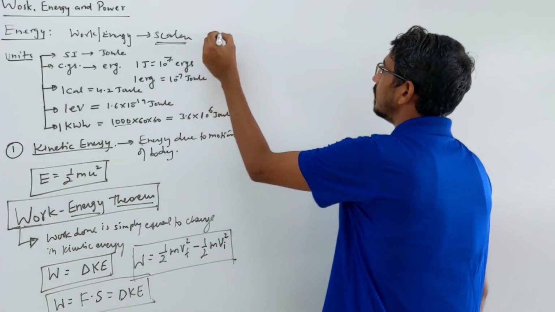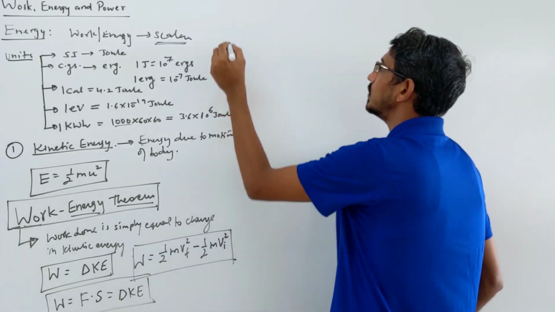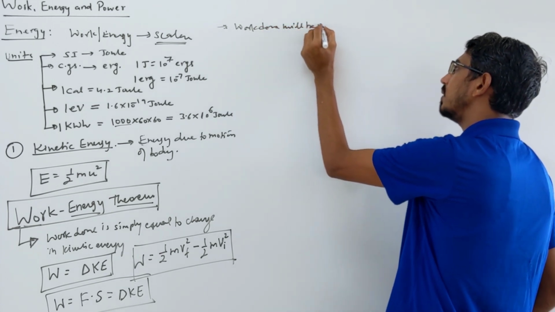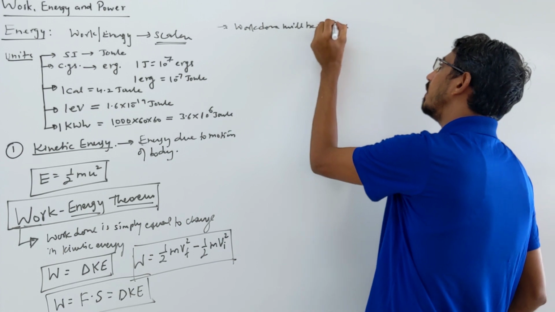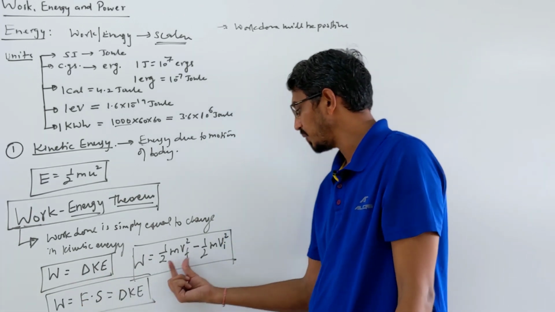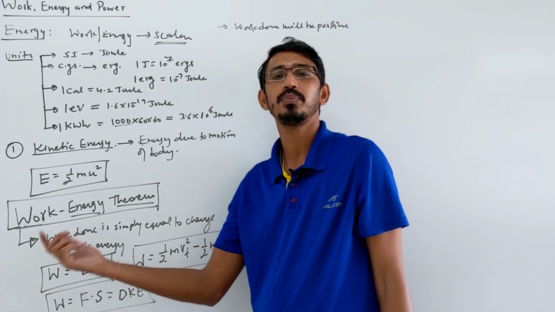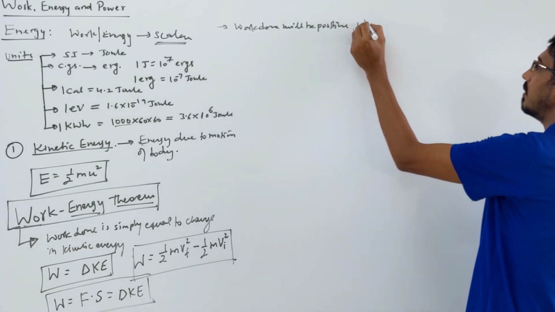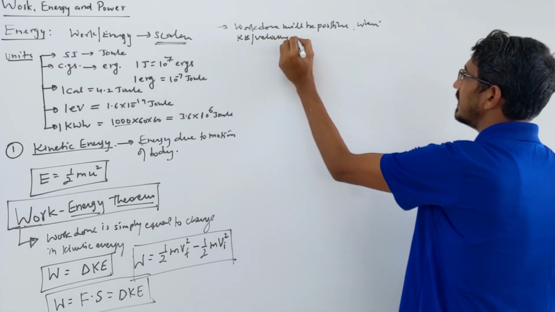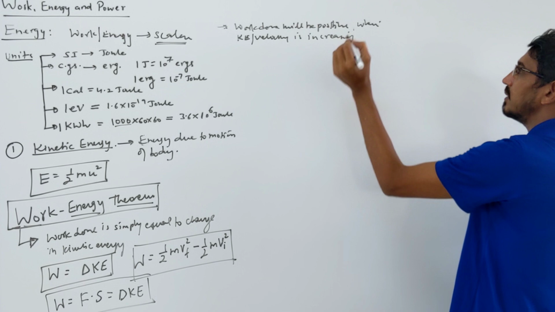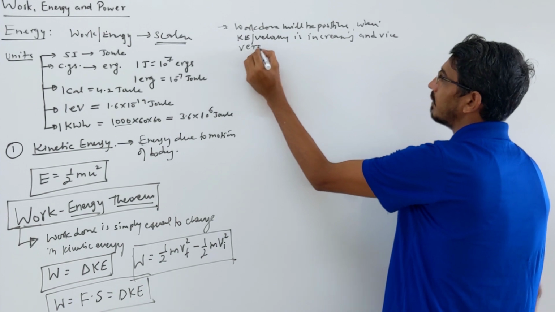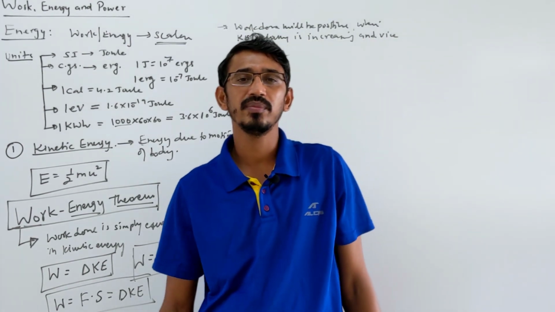And I tell you one or two points. Look here: when will work be positive, and when will work be negative? Point first: work done will be positive when kinetic energy is increasing, meaning this change becomes positive, because final should be more than initial, then the answer becomes positive, then work done is positive. Work done is positive when kinetic energy, or you can say velocity, is increasing. In that case the work done will be positive, and vice versa, right? The opposite is also true. When velocity or kinetic energy is decreasing, the work done will be negative.